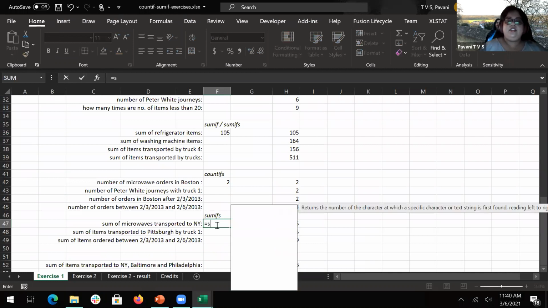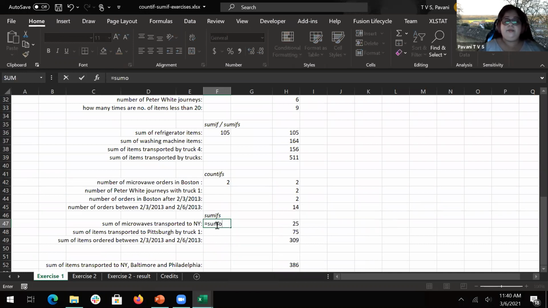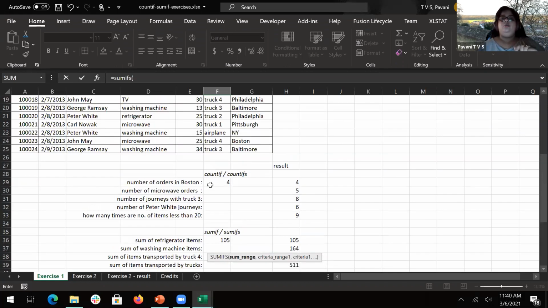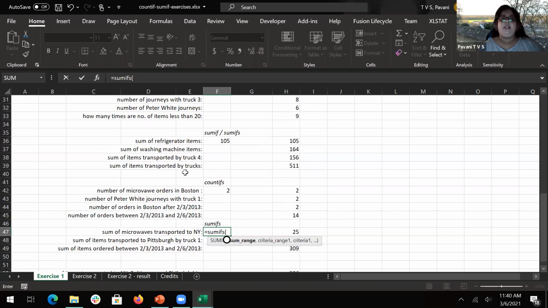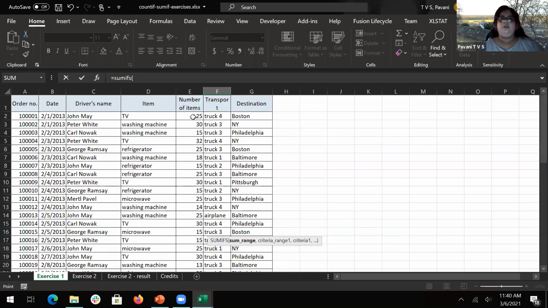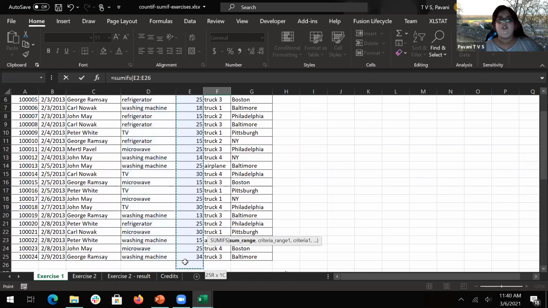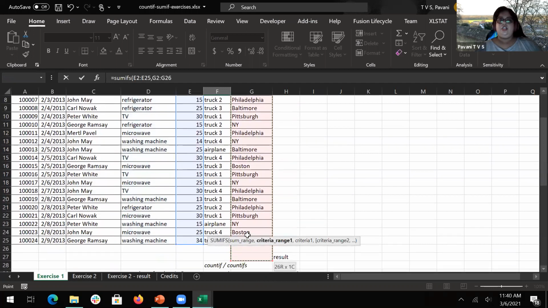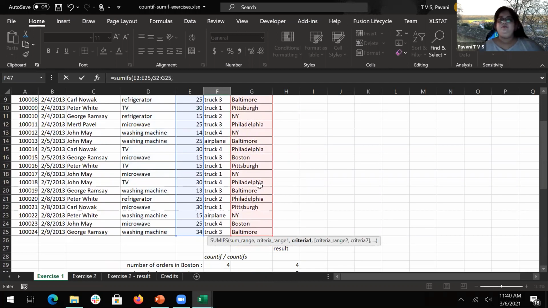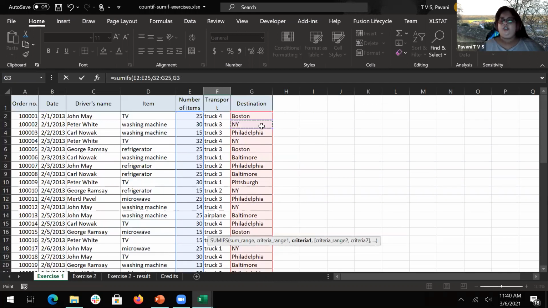And next is SUMIFS, multiple conditions for summing the values. So here I want the sum of microwaves transported to New York. This is nothing but the number of items is what we are looking for. And the first condition is criteria is this one, and this is New York.